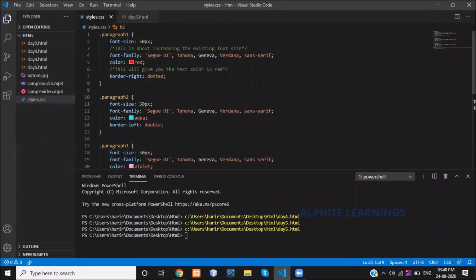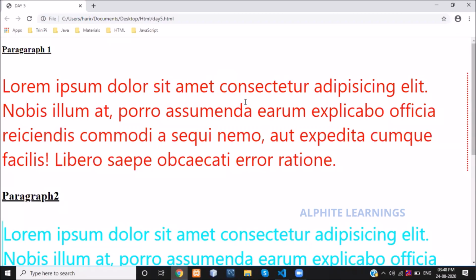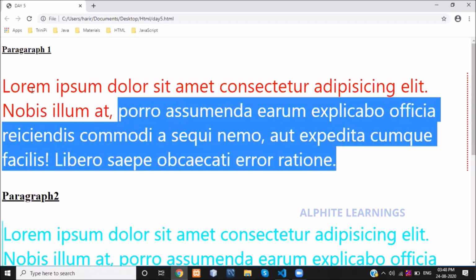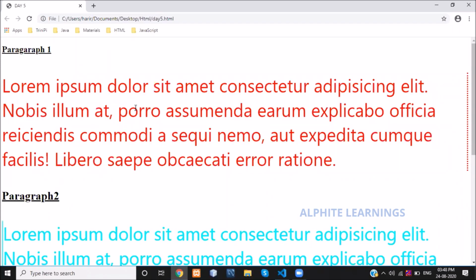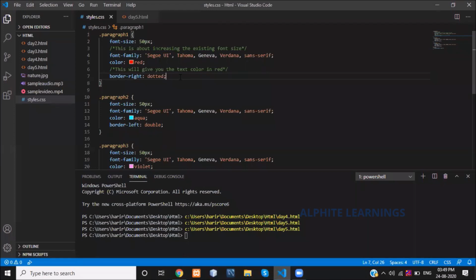What is next? The next scenario is, see, this is my first paragraph. I want this first paragraph in uppercase. Whatever paragraph I have given here, I want it in uppercase. How to do that?